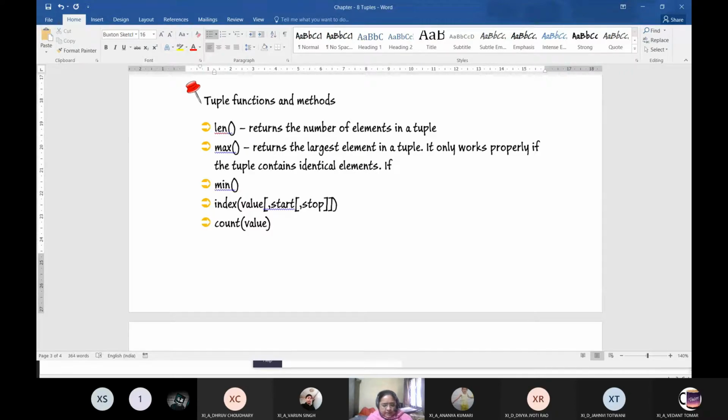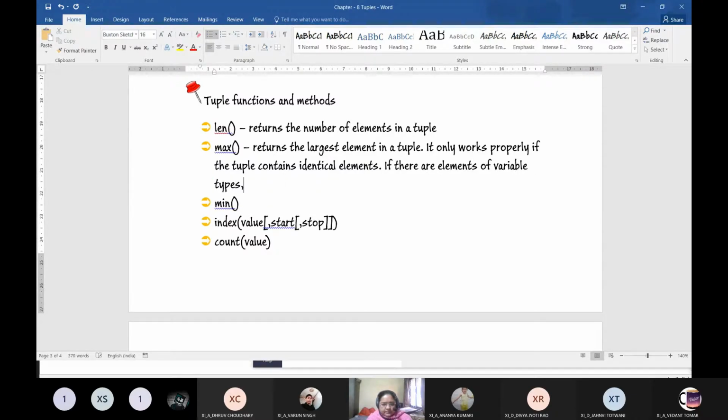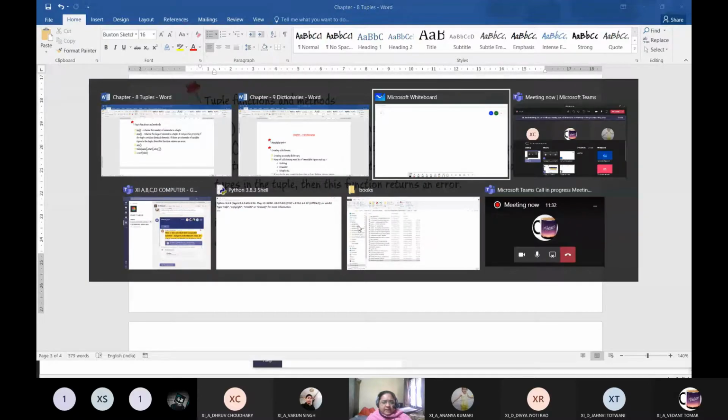If there are elements of variable type in the tuple, then this function returns an error. It will not work if your tuple contains elements of different type.